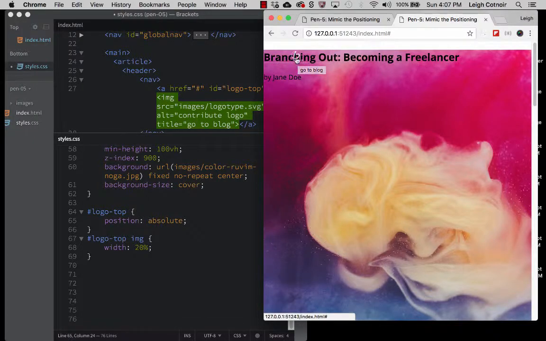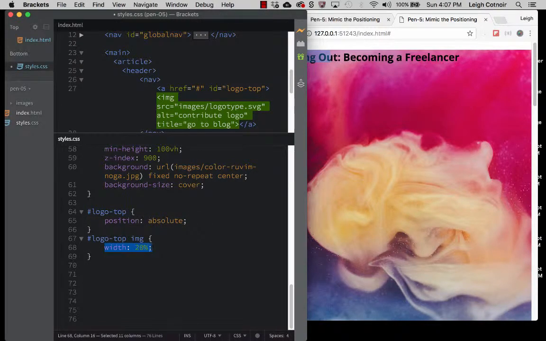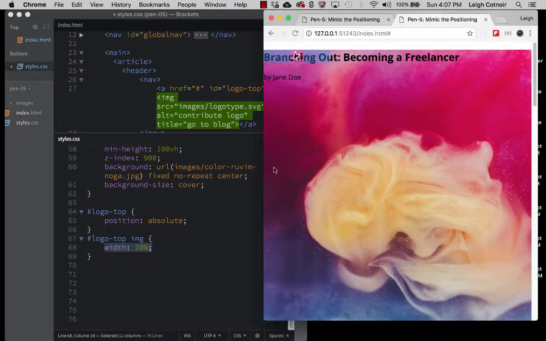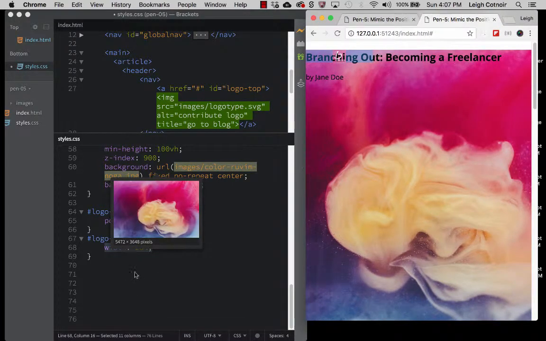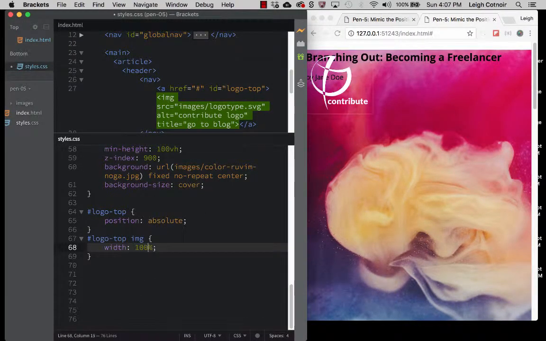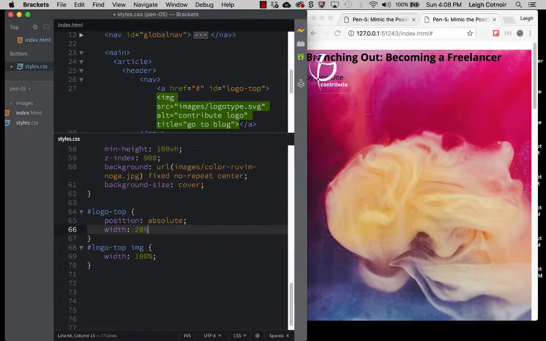Well, now it's confused. It's like really tiny. So I don't know if this is the right way to do this, where I've got width of 20%. That might not be exactly how I want to do this. What I might want to do instead is say width is 100%, right? And then I can tell the anchor tag to be exactly how big I want it to be. And so this logo top, remember that this is an A tag, all right? It could be like that, right? But I'm not going to do that because I don't have to. But it's an anchor link, so I can say that this width, for instance, is 20%, and it would be